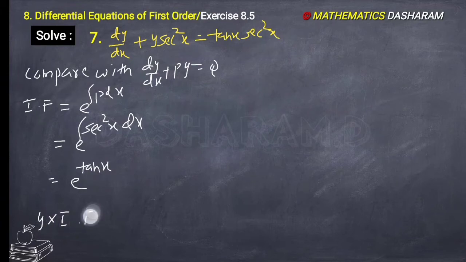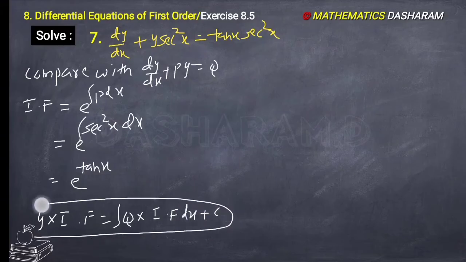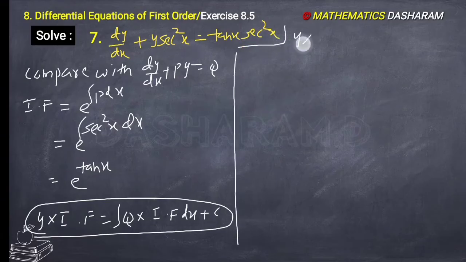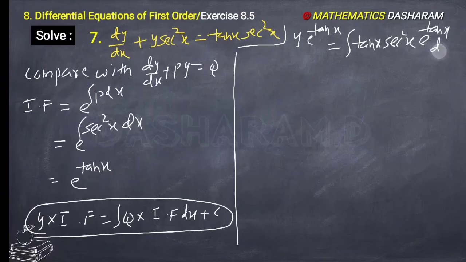Now find out the solution. Y into integrating factor equals to integration q into integrating factor dx plus c. So here y into integrating factor, what is that? E to the power of tan x is the integrating factor. Integration of q value tan x into secant square x, and integrating factor is e to the power of tan x dx. So y into e to the power of tan x equals to,